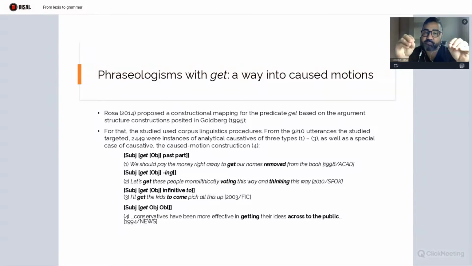I selected 5% randomly of all of the instances that we had. This left me with 9,210 sentences, utterances that were meant to be studied. Okay, and I analyzed back then each one of them separately and organized them in different argument structure constructions. Out of these 9,210 sentences,